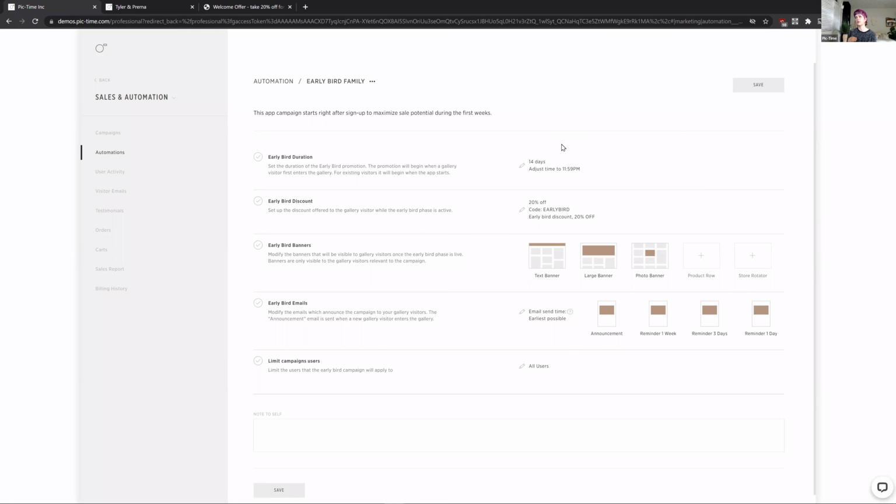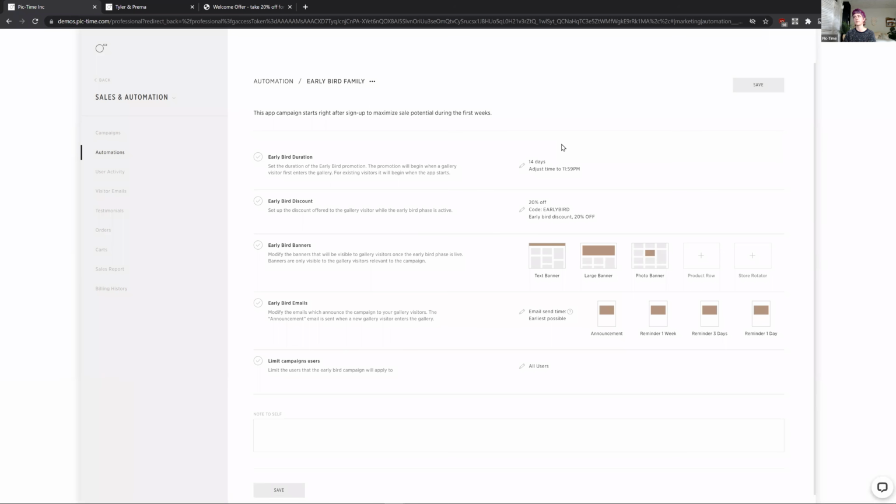For some apps, when the app starts just depends on when you actually add the app to the project. So when you add it to the gallery, you're able to actually select when it starts. So if you're being really proactive and scheduling all of your apps for the entire year, you can even schedule them to go out months later if you want. So it totally just depends on when you actually add the app to the project when the sale and the discount starts. And that way you can easily reuse your same discounts with multiple clients as you go to create